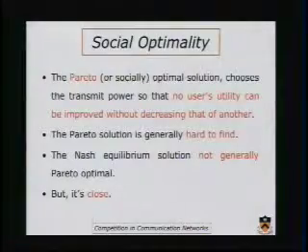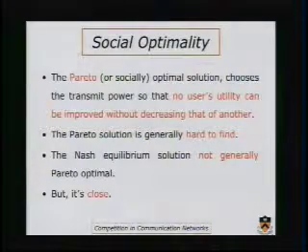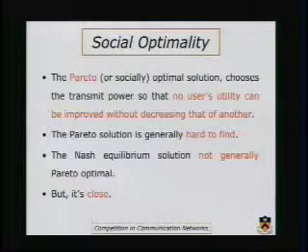Now one question you might ask is, if we have an access point, why don't we just let the access point tell the terminals what powers to transmit at to optimize overall utility, that is, do what's called a socially optimal thing. One model for social optimality is the so-called Pareto optimality, where the idea is that rather than selfishly choosing your own power, in the Nash equilibrium, you don't change your power because it doesn't do you any good. That's the Nash view of equilibrium. In the Pareto view, you don't change your own transmit power because it might hurt someone else. That is, a Pareto solution is one where no user's utility can be improved without